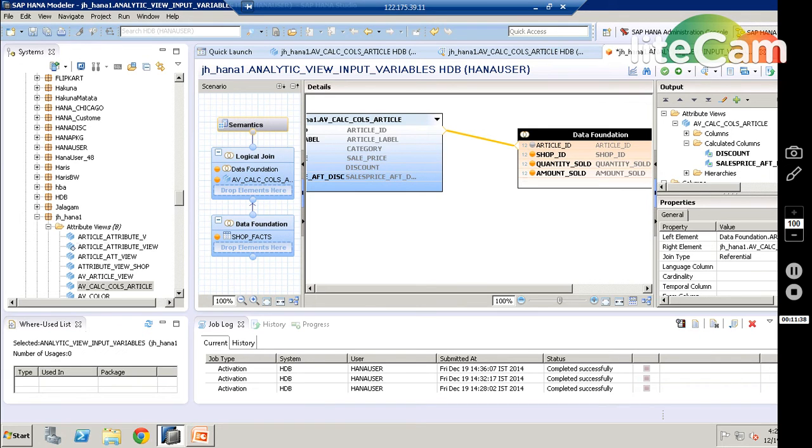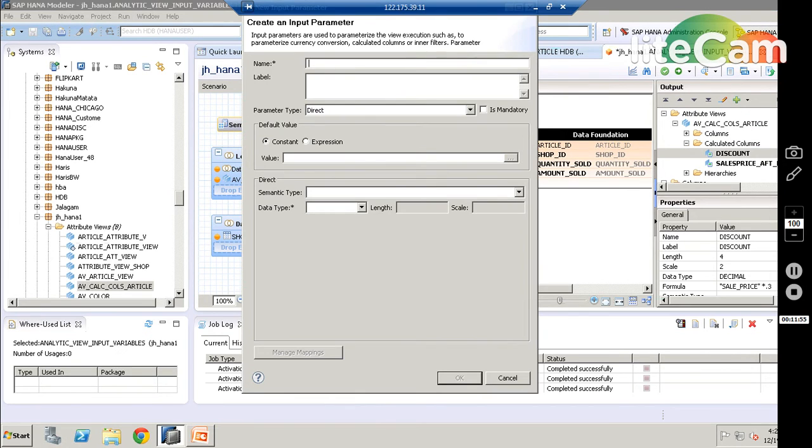So now you come here and you can create a new input parameter. The new input parameter is new discount.